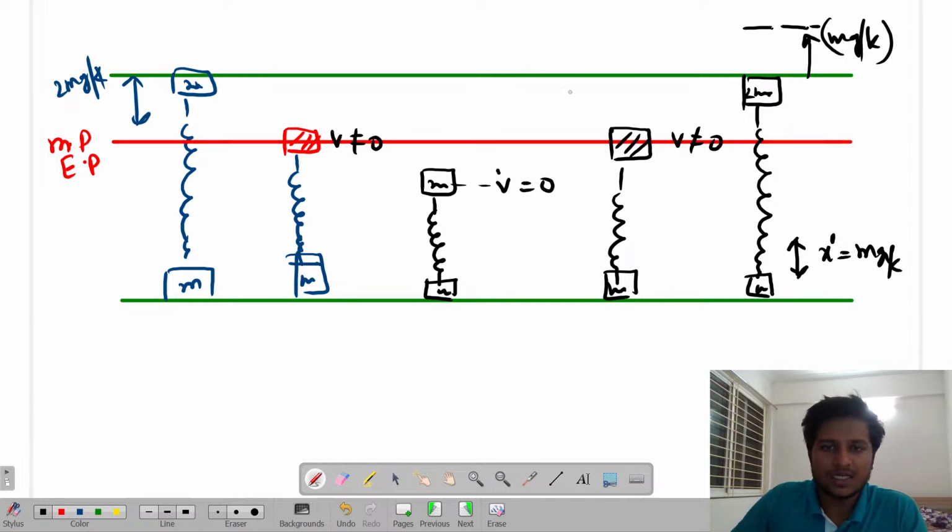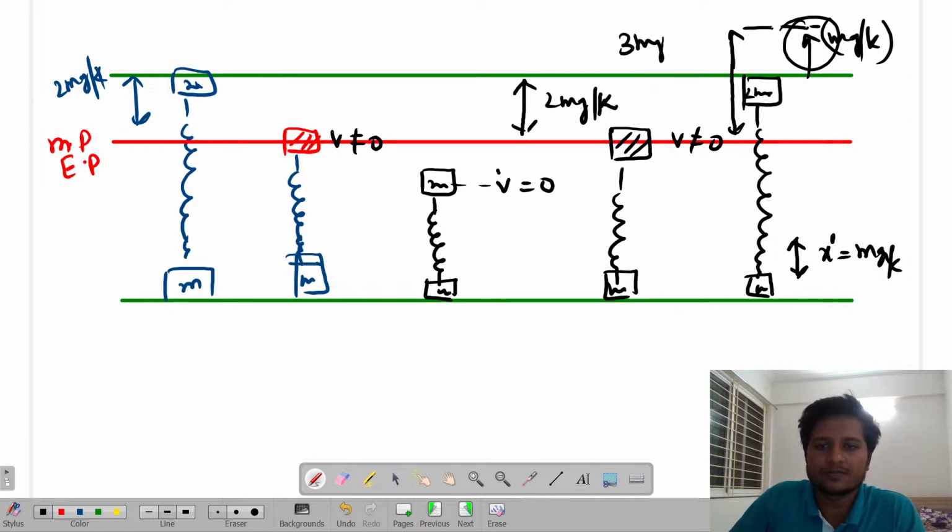Now the initial amplitude, if we look carefully, is how much? 2mg by k. But due to this m, there is an extra length which can be provided to 2 mg by k, which is how much? Total length from this mean point becomes how much? 3 mg by k. If this block 2m oscillates still over here, nothing happens to it, right? Because